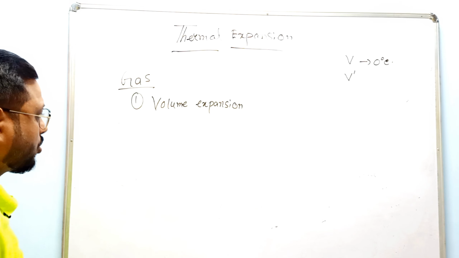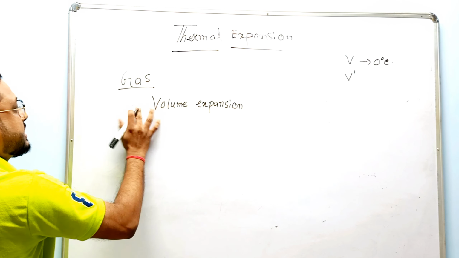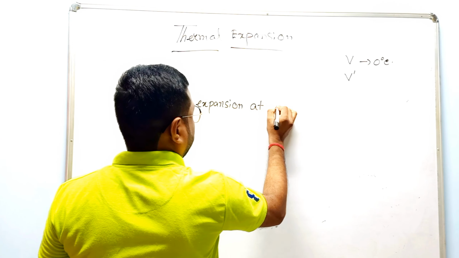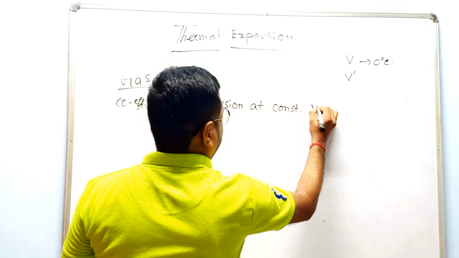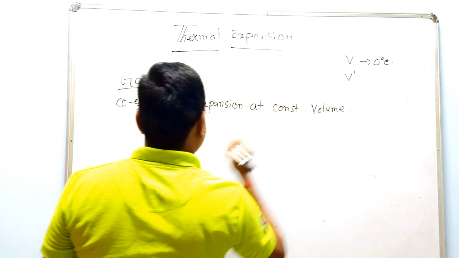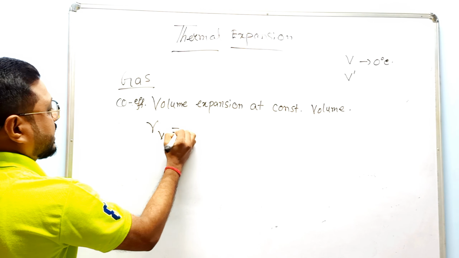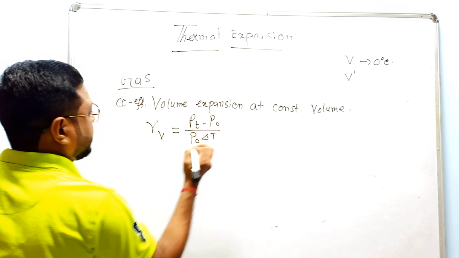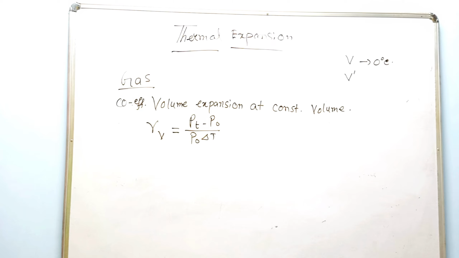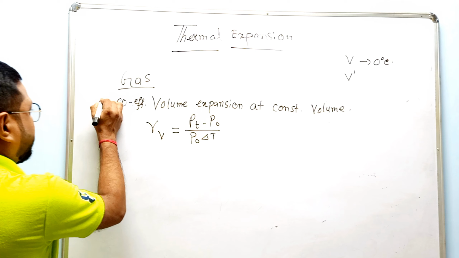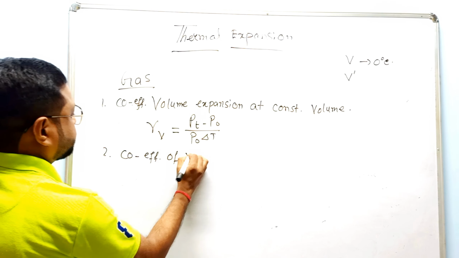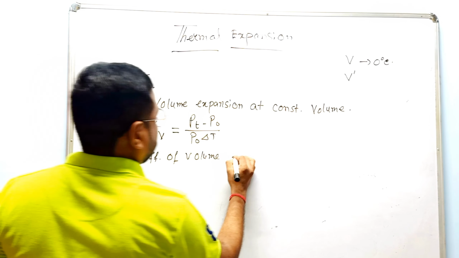You know the coefficient of volume expansion at constant volume, which is known as gamma V, becomes (Pt minus P0) by P0 delta T. That is the coefficient of volume expansion at constant volume, and the other is the coefficient of volume expansion